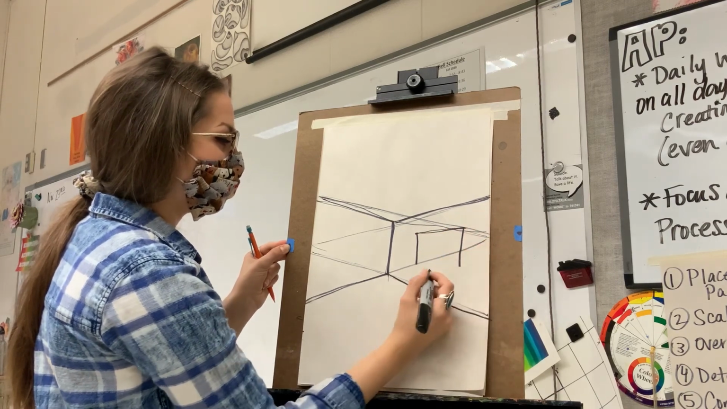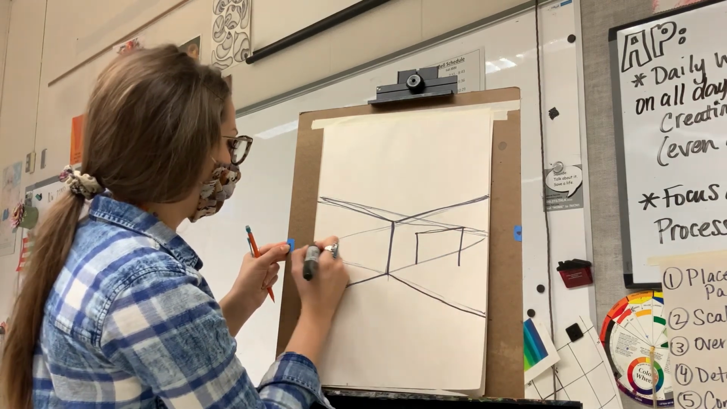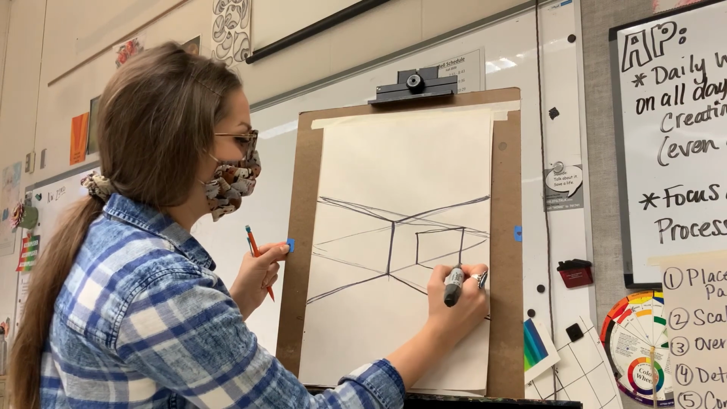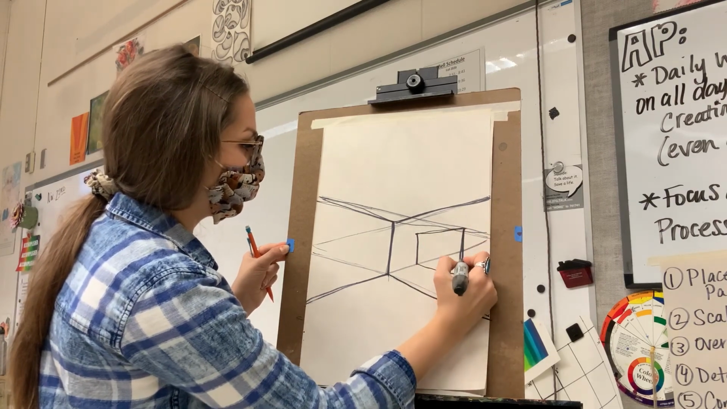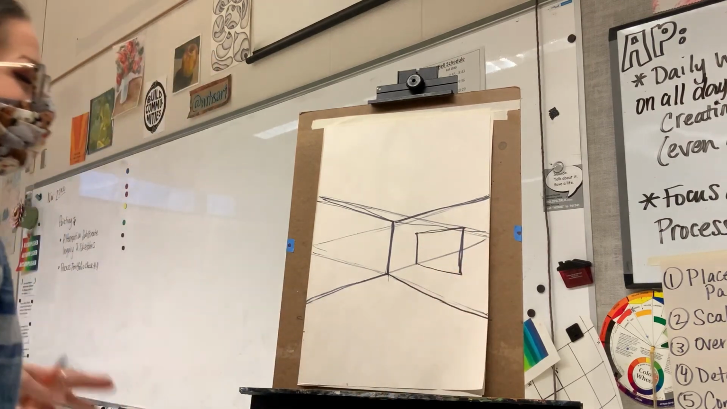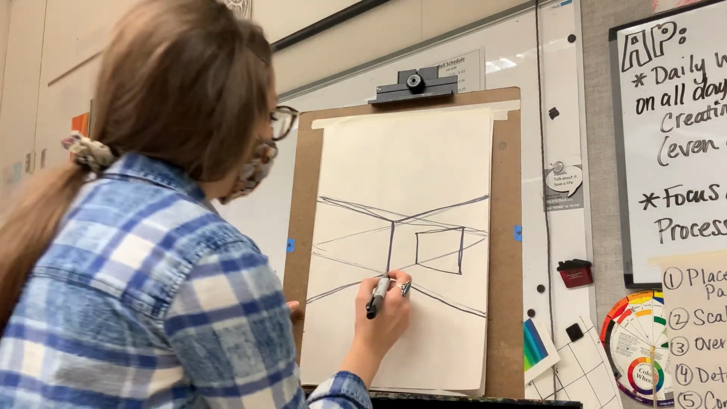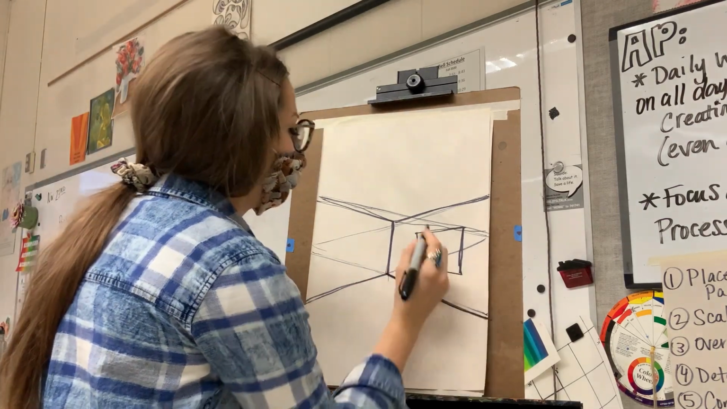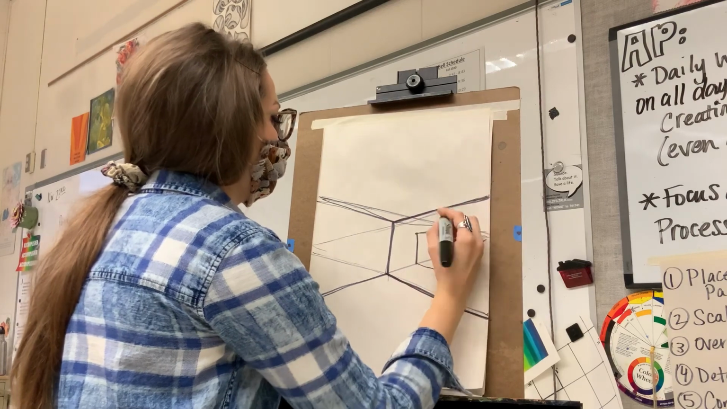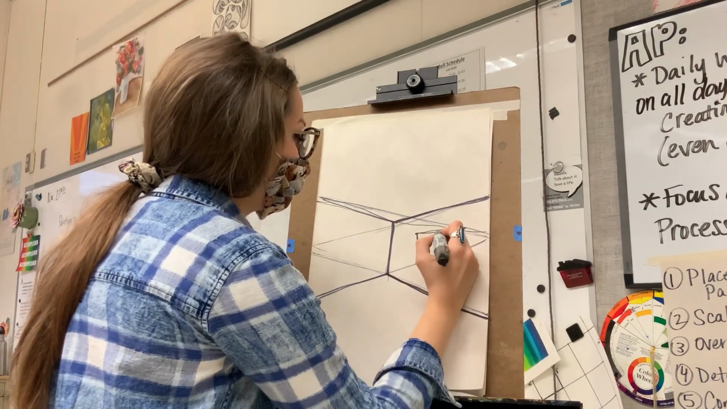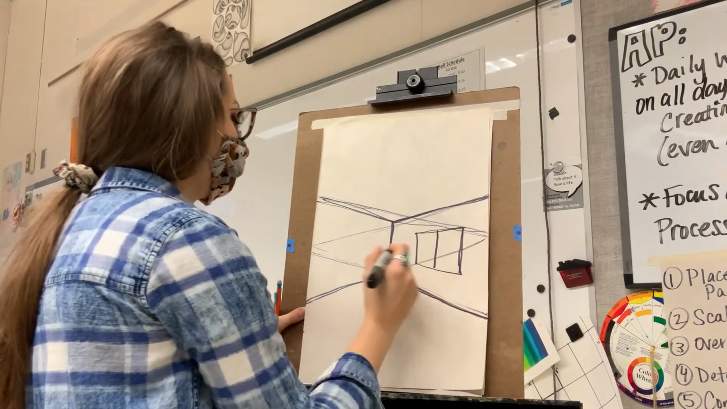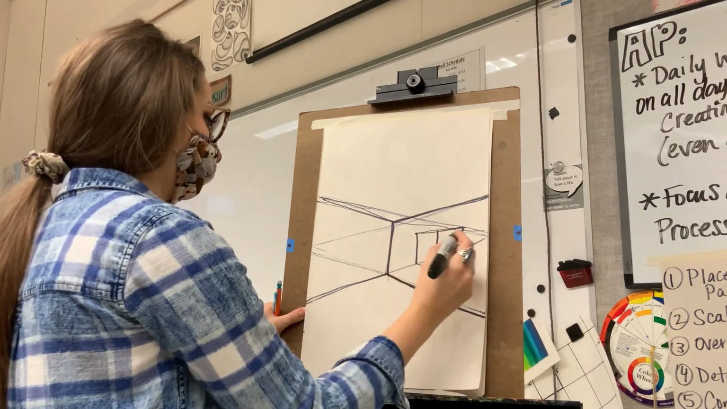All of my vertical lines stay completely vertical, or as much as I can to my ability. Okay, so then we have a box, so that could stand in as a window. And then my vertical lines stay vertical. And then if I wanted to have some kind of